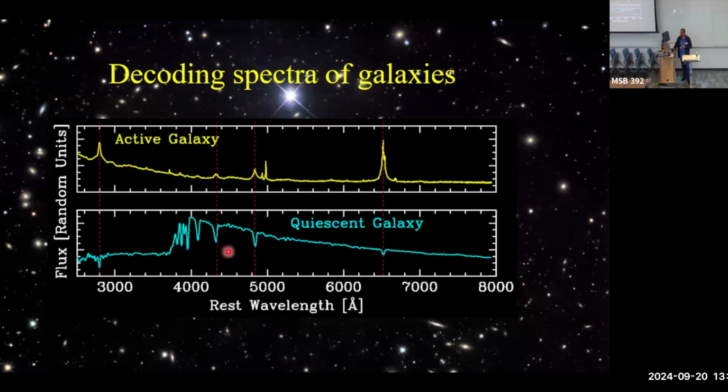What you also see here is these little dips. Those are called absorption lines. Those are places where the atmospheres of stars are actually absorbing light. So we see the atmosphere silhouetted against the core of the star. We see this in the sun as well. On the other hand,